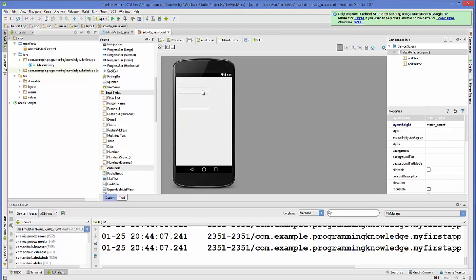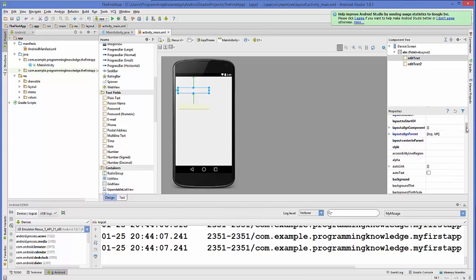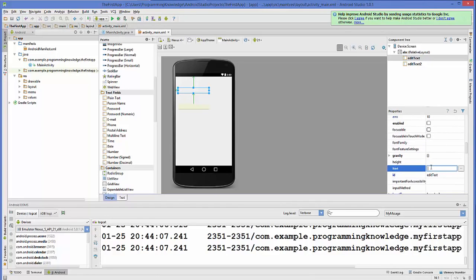Now to show this number text or edit text a little bit more, or why we are using this edit text, we can provide a hint to this text box. So you just select this edit text and go to the property called hint. Here we can provide the hint to the user about what he is expected to enter here. So for example, I will say